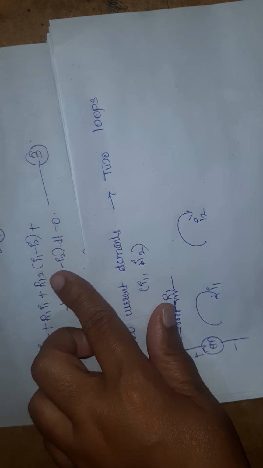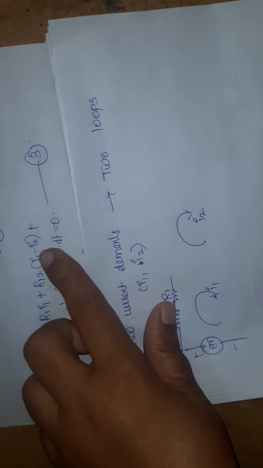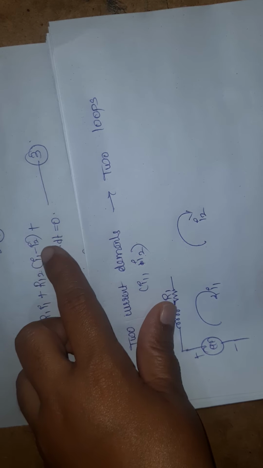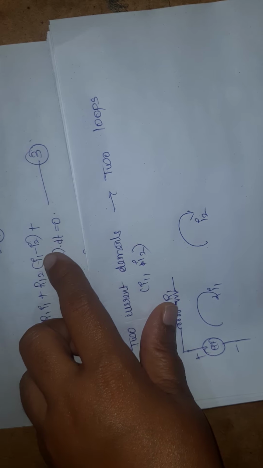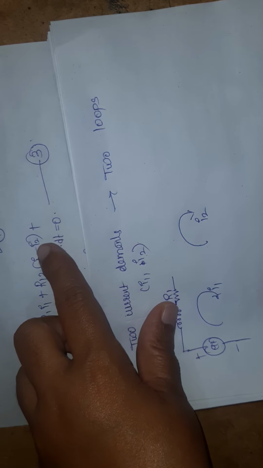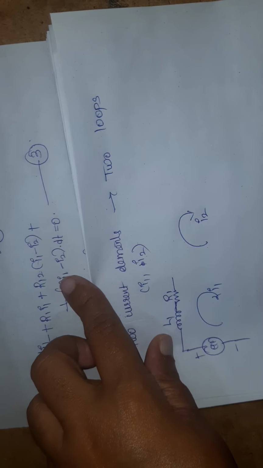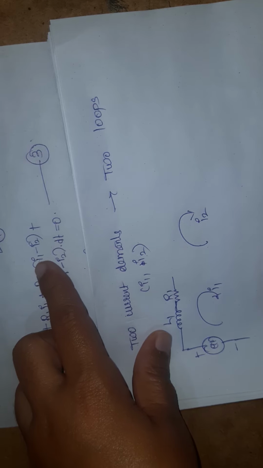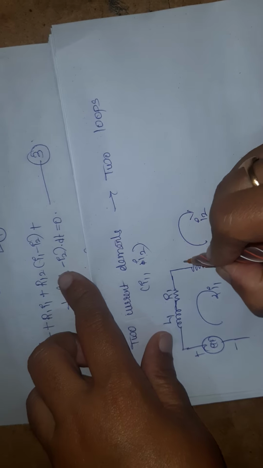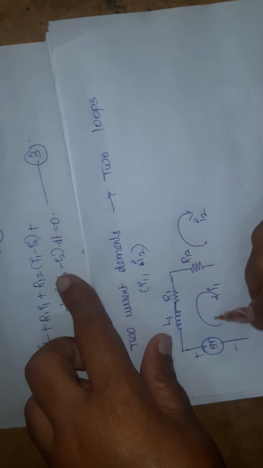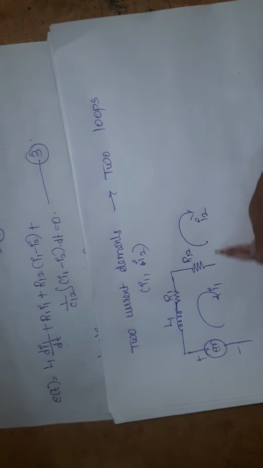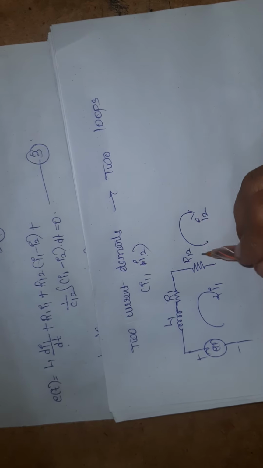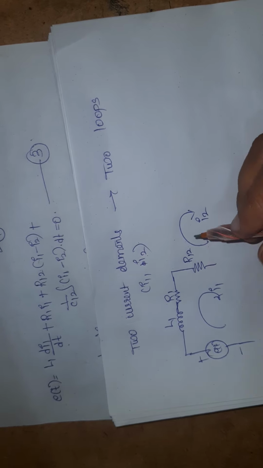Next, if you consider R12, through resistor R12 both currents are flowing, I1 and I2. And these two currents are having the subtraction symbol in between them. Okay, so one current is entering, another current is leaving. As we are writing the first equation, you have to give the reference to I1. Okay, so here this is R12. So here in R12, I1 current is entering and here I2 current is leaving. This one.